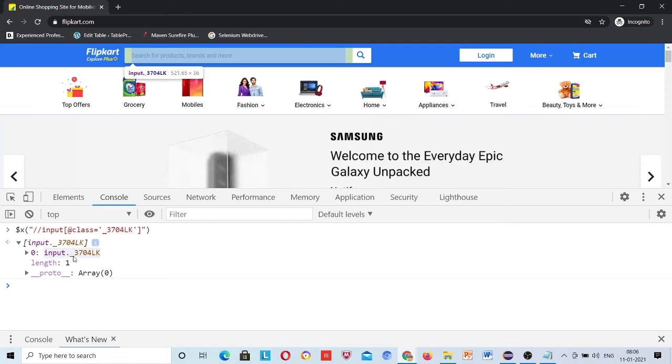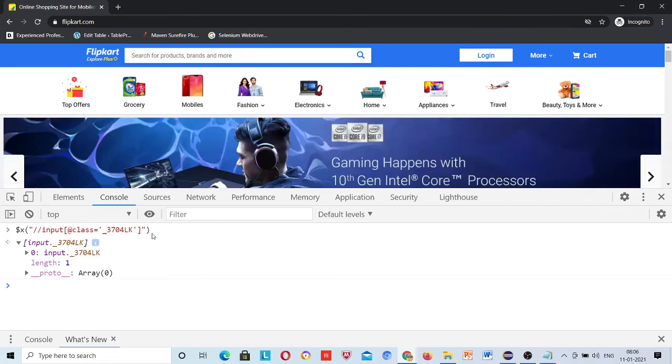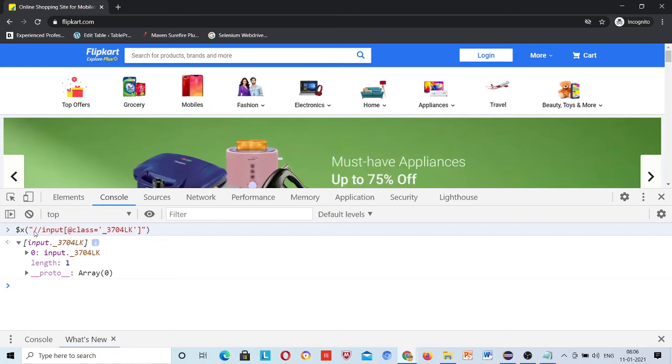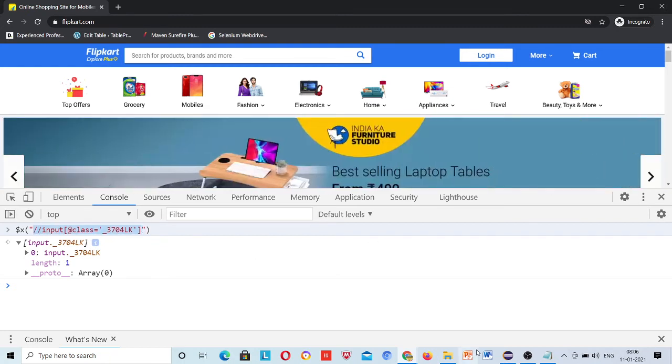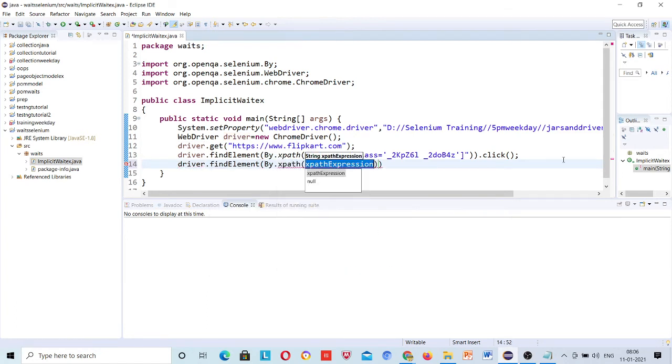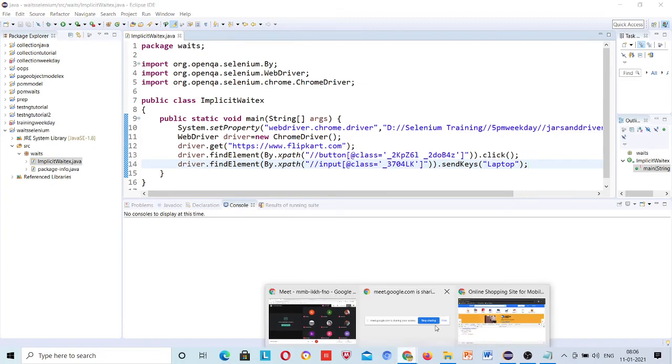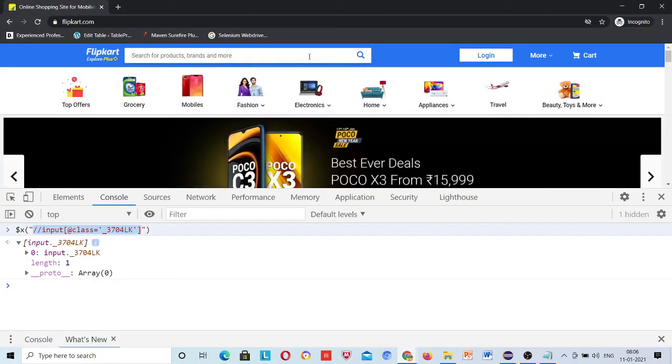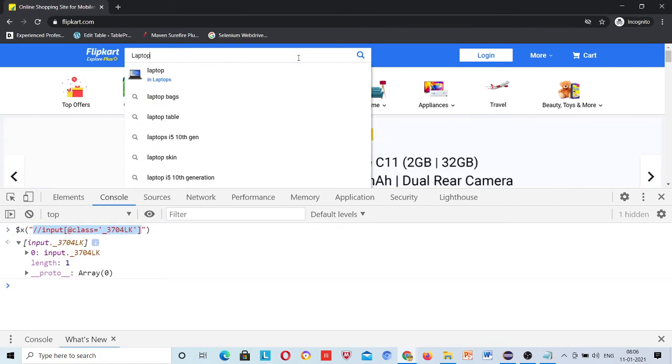Only one, it means that's unique. Okay, so this XPath is correct, so quickly I will copy this and write here and send keys with laptop. driver.findElement(By.xpath), and in this field I want to send keys what? Laptop.